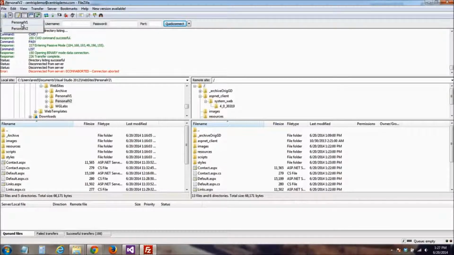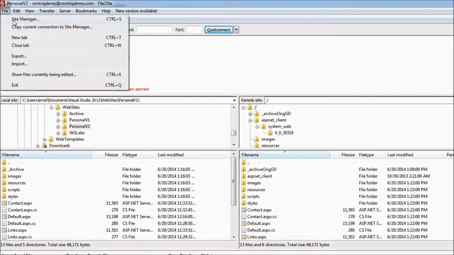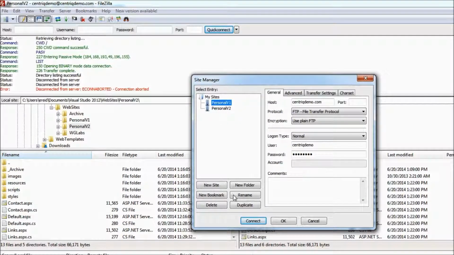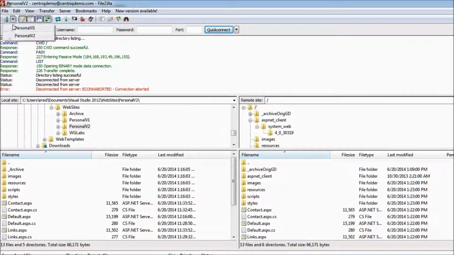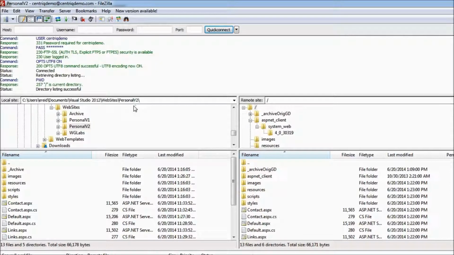At this point, you're really pretty much done with the Personal V1 version of that site. If you wanted to go back to File Site Manager, you could take this Personal V1 and delete it if you wanted to. But regardless, we're just going to connect to Personal V2 and hit OK, the abort option there. And so you'll see that we're connected again to the Personal V2 version of our website here locally, and to